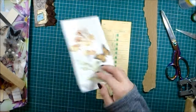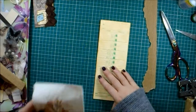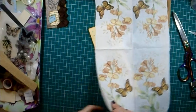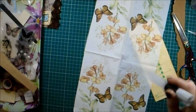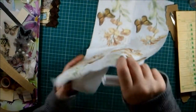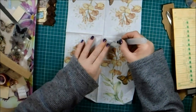So this is what I found. Ta-da! And I am over the moon with that, because it's nice and long, and it's nature, and I think where there's a lot of pale colours, you will see all of that coming through. So I just need my water pen. I just need that, and look, it's near enough the whole length. Not quite, because these are very long, but it's not loads far off. So I'm just going to go around the whole thing,